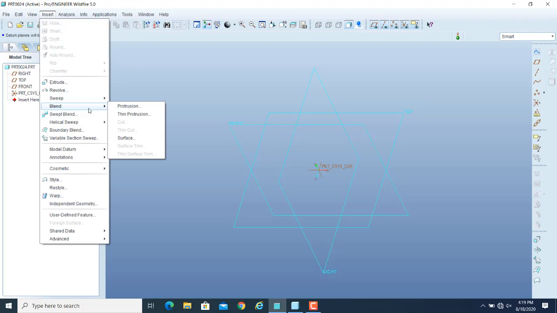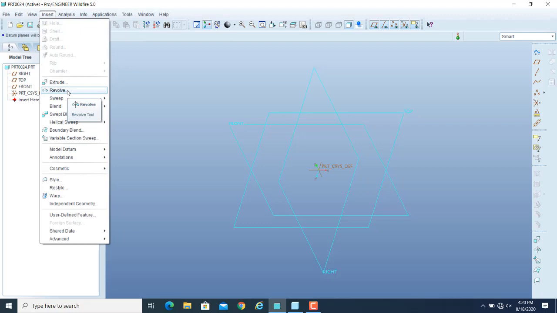As far as the sections are concerned, sections can be parallel to each other. For that we will use parallel blend. If you want a rotational blend, then the sections must be at a certain angle to one another, and similarly you can have a general type of blend. So basically blend is an alternative of extrusion,